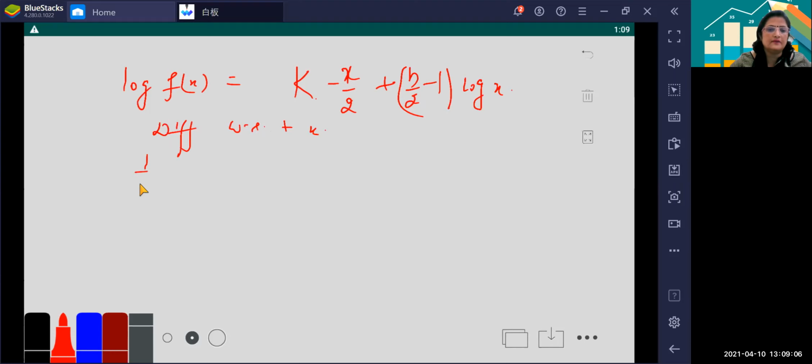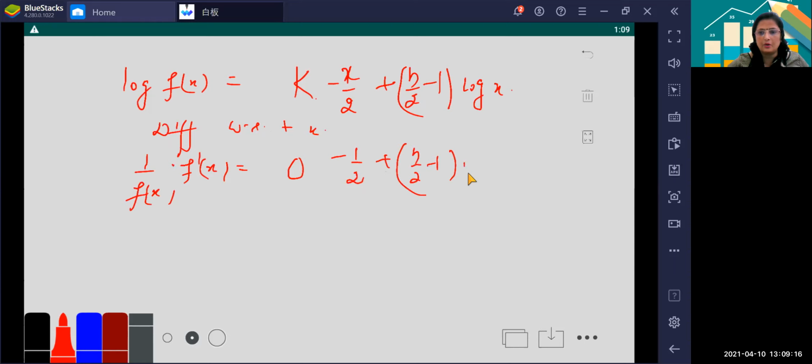So log का derivative 1 by f of x, f of x का derivative f dash x. Its value is 0, it's minus 1 by 2, then n by 2 minus 1, and log of x derivative is 1 by x, right? So this comes out to be after solving n minus 2 minus x divided by 2x. Now, f dash x upon f of x, this comes out to be n minus 2 minus x